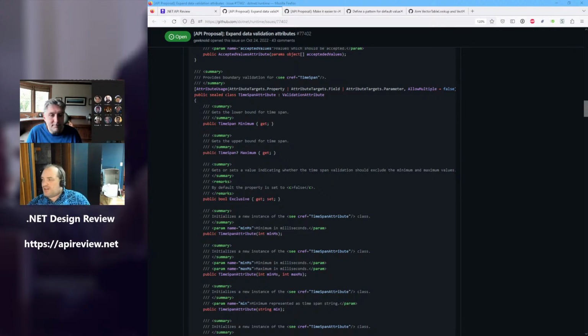Yeah. So there was a good observation in chat that you're missing a word here, which is time span range attribute or something else. You're not a time span. You're specifying a range of time spans. That's fair. And basically, you're just trying to be range attribute, but with special case handling for time span. So time span range seems to make the most sense. Okay, so I guess we should come back later then.